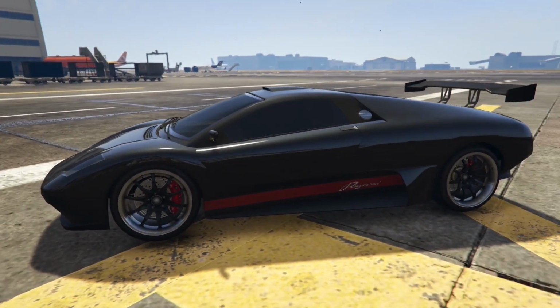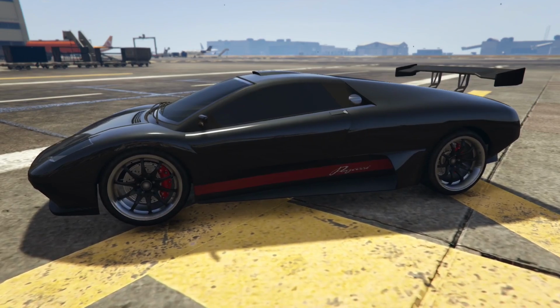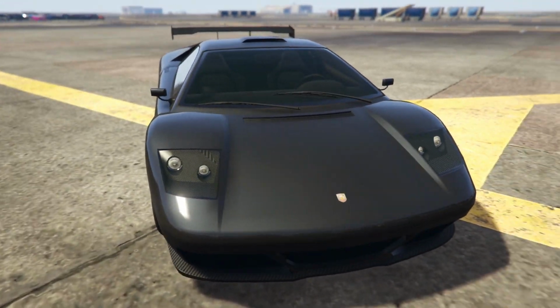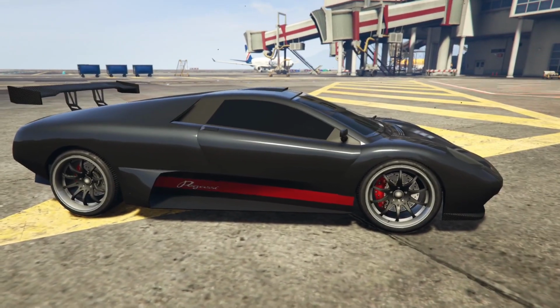So starting with number 10, guys, I have the Infernus. The Infernus is a supercar that's really OG. It was added in GTA 4, and they brought it back in GTA 5, being just a really old Lamborghini. I'm pretty sure a lot of you guys remember this from Vice City. And so the Infernus goes